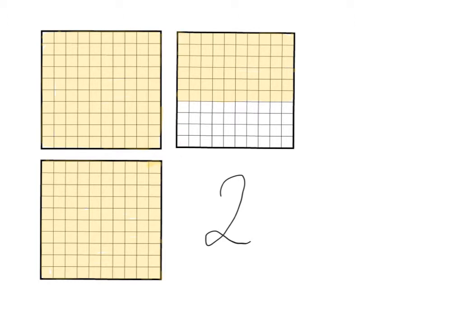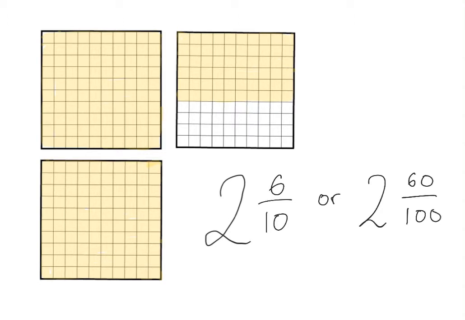That would be a tenth, and each row, if it's full, will be a tenth too. So I've got 1, 2, 3, 4, 5, 6 rows that are completely full. So that would be 2 wholes and 6 tenths. Or you could say 2 wholes, and if I counted them all up, I would have 60